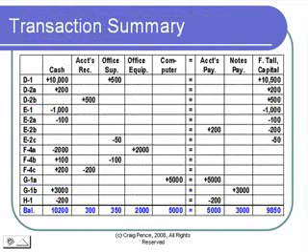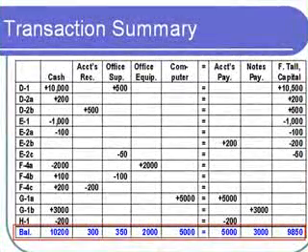Let's look at a summary of all the transactions that we've recorded for Fred. After recording them all, our ending balances are as follows. Cash is $10,200, accounts receivable is $300, office supplies is $350, office equipment is $2,000, the computer account balance is $5,000, and then accounts payable is $5,000, notes payable is $3,000, and the ending owner equity is